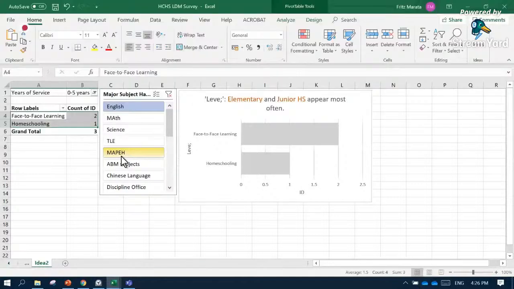So that's how amazing the three features are. Again, we have the pivot table, pivot chart, and the slicers. So I hope you are now familiar and excited in using these features. Are you? Yes, thank you for the response. Okay, so that's it. That's the end part of our second activity.